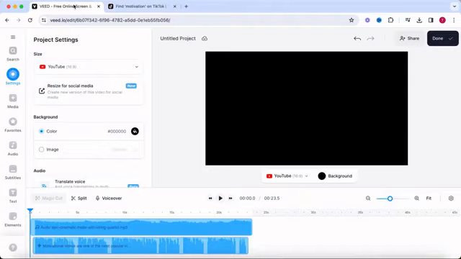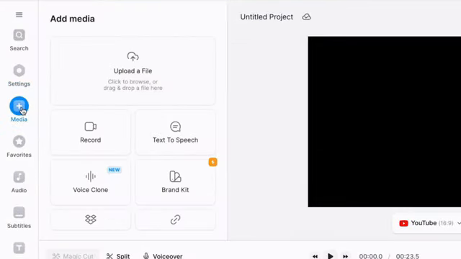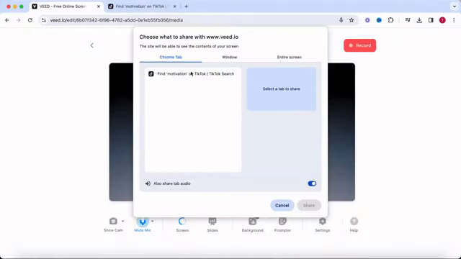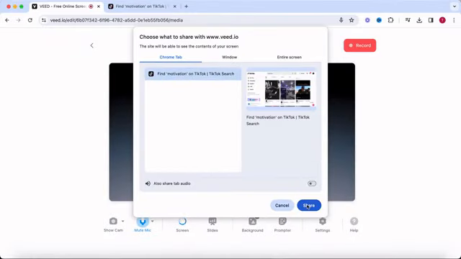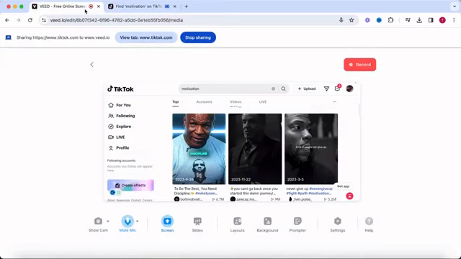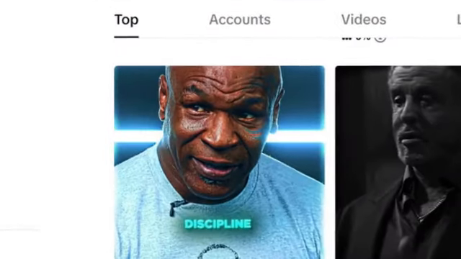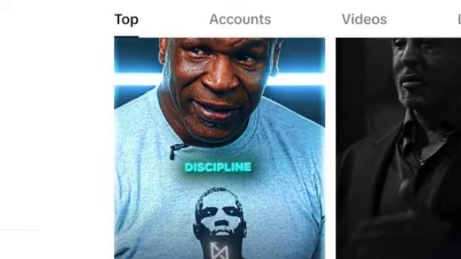So let's go back to Veed and then to Media. If you select Record, you can use Veed's internal screen recording software. Simply select the tab you want to record and press Share. Now go back and press Record. Let's do a slow scroll so we have a little bit of motion in the video, because adding movement will